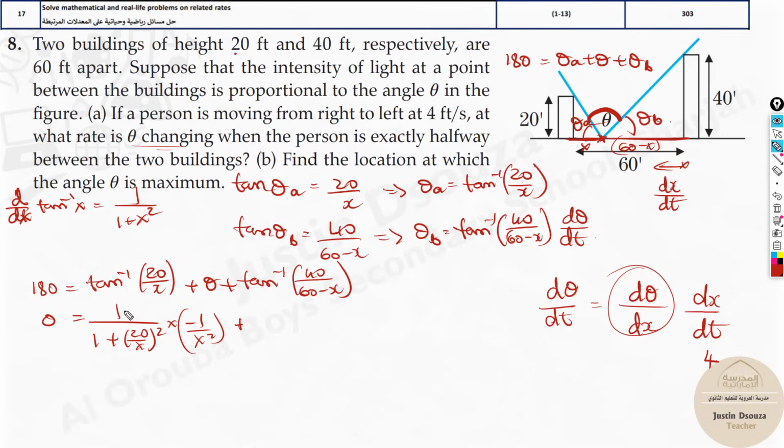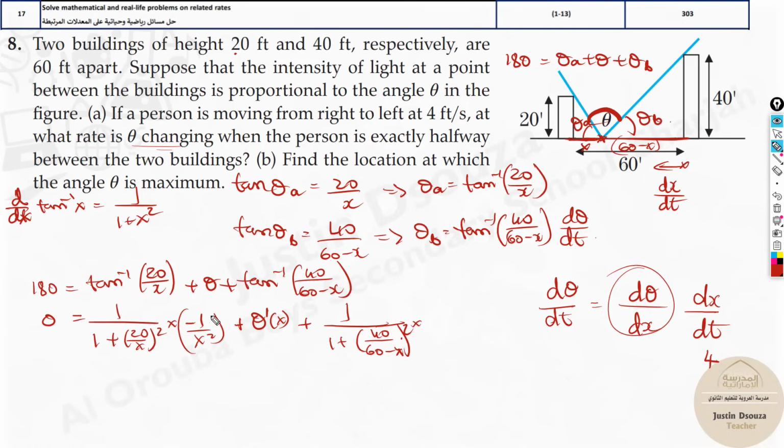What is theta? Now everything is with respect to x over here. So theta is derived as theta dash with respect to x, or you can write it as d theta by dx. It's fine. Plus, what about this? It's the same thing which we just now did. 1 by 1 plus 40 by 60 minus x, the whole square. That is tan inverse x, right? Multiplied. Now derive this. Now again, when you derive, it will be the power rule itself. You can take this up over here and then solve it up, or I will just write it as, okay,